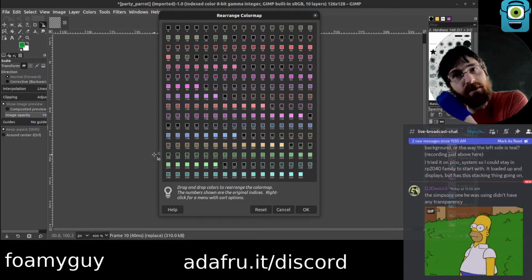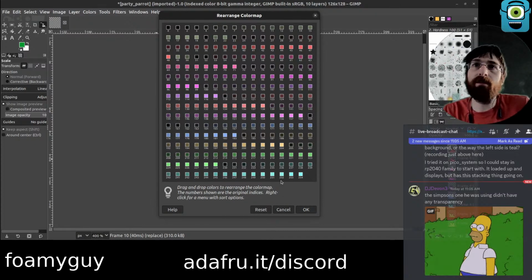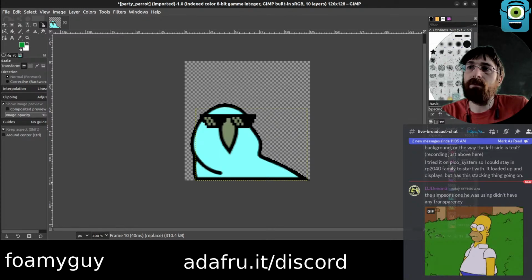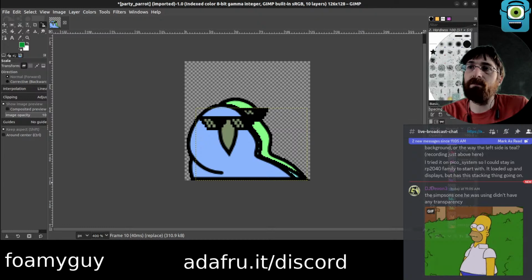I was going to try to find one that we could make transparent. Like, I guess maybe one of these ones, but I don't want to accidentally mess up one of the actual frames either.